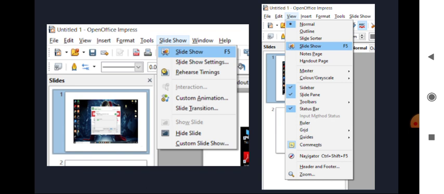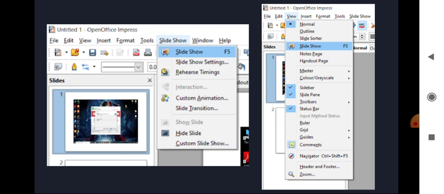Or we have another option. To navigate in a presentation, meaning moving from one slide to another, we can use arrow keys or mouse click. We have four arrow keys on our keyboard: down arrow key, right arrow key, up arrow key and left arrow key.